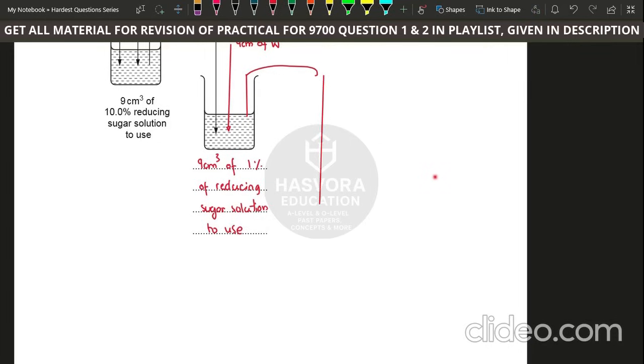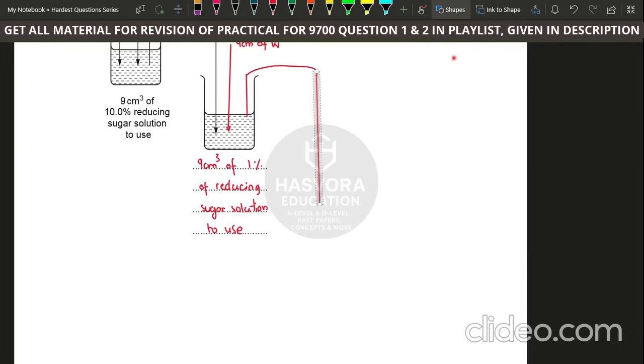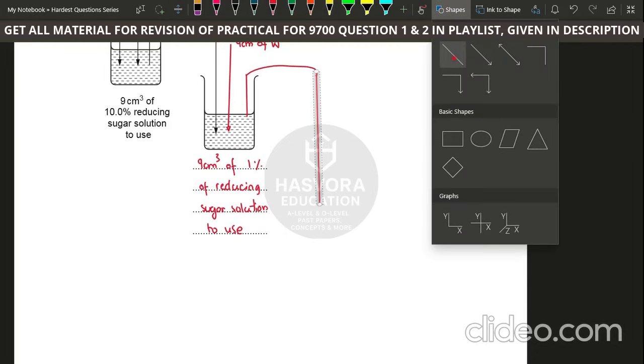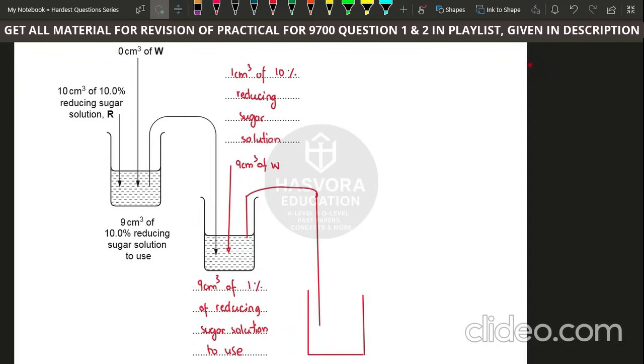You just have to draw it like this. Okay, and then we will have a beaker. Let me also draw a beaker right now. So you will have a beaker. Okay, and let's complete the other end of the beaker as well. So this will be our beaker, and then now what we are doing here, we are adding,